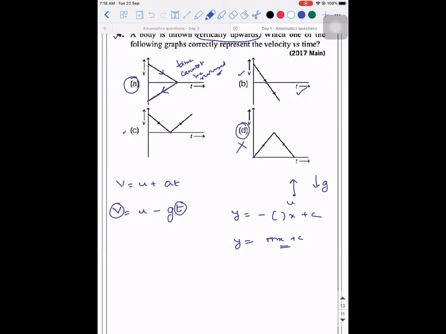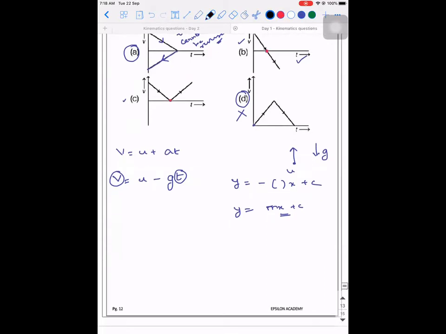But what exact justification will you give after the point, after the red color point? What comes to your mind? We have to take into consideration the sign convention. Yeah, when you take the sign convention, see at the max, this red color point represents the maximum height. Accepted. After maximum height, what is happening to the particle? The particle is traveling in downward direction. Right. When it is traveling in downward direction, what will happen to it?